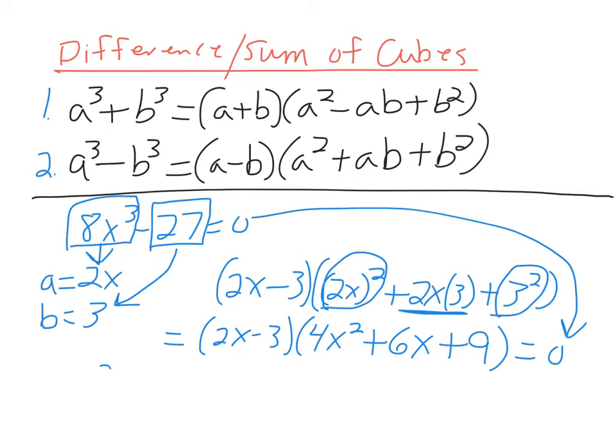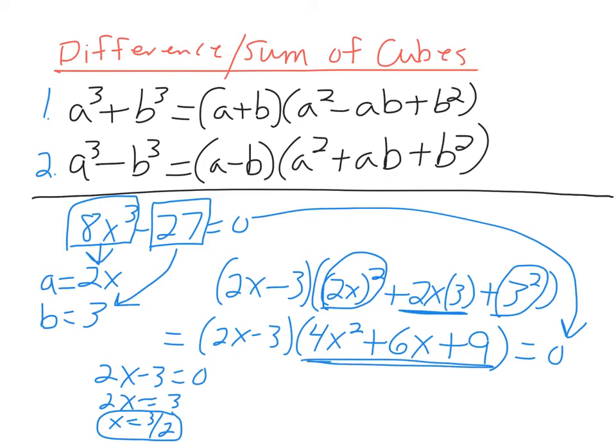So I'm going to have 2x minus 3 equals 0. I'm going to solve that. So it'd be 2x equals 3, x equals 3 halves. So there's one answer. Now this one right here, I'd like to factor it this way, just like I did